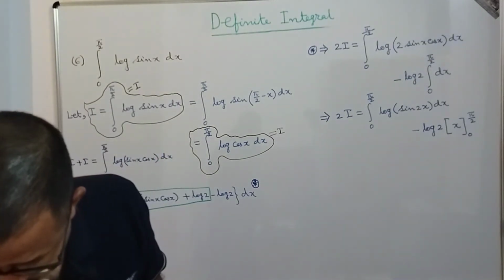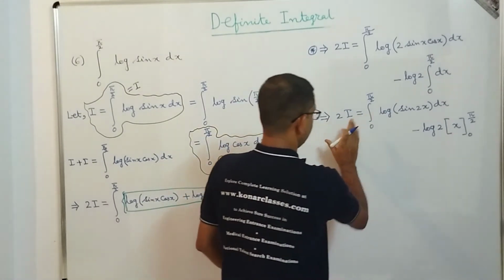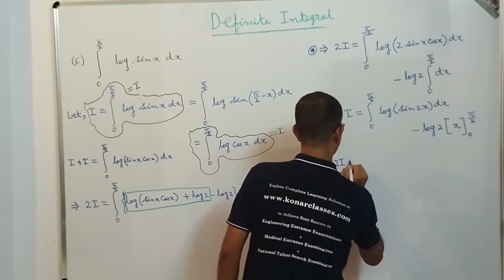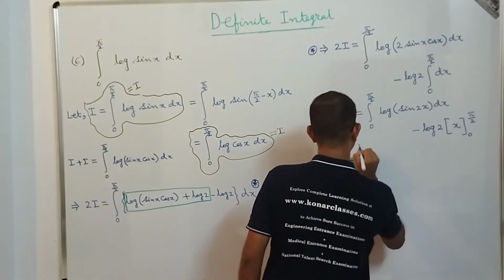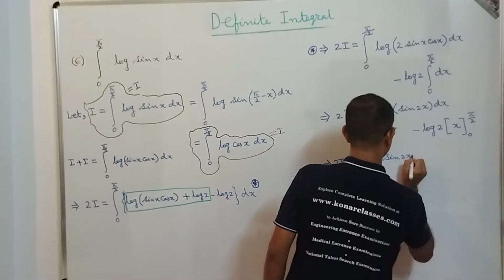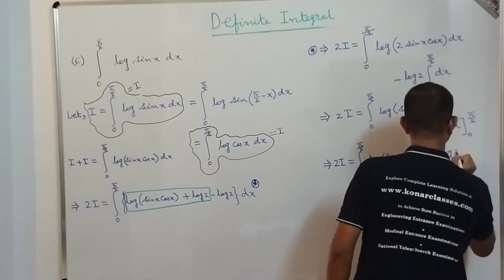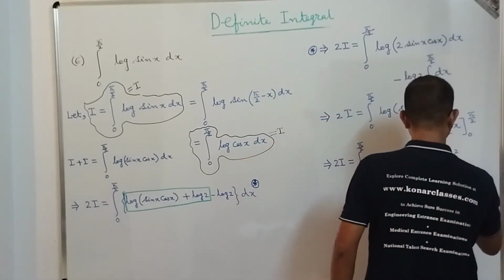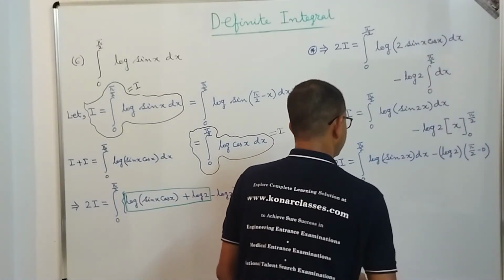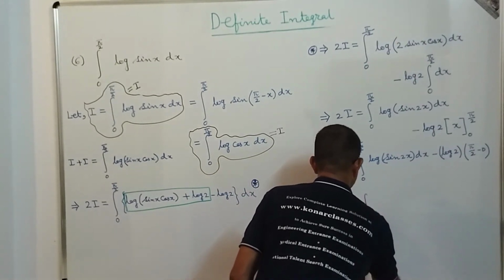Now we need to concentrate on finding the integral of log sin 2x. From here, 2I is equal to the integral from 0 to pi by 2 of log sin 2x dx, minus log 2 into pi by 2 minus 0. So log 2 is there, and we write pi by 2 minus 0. That means we can write I is equal to